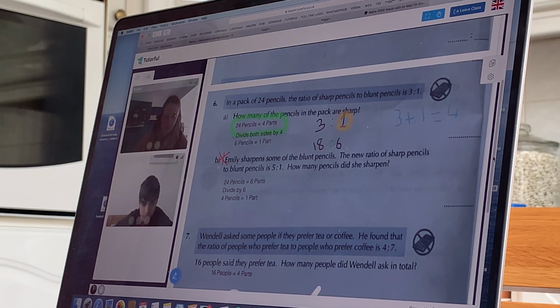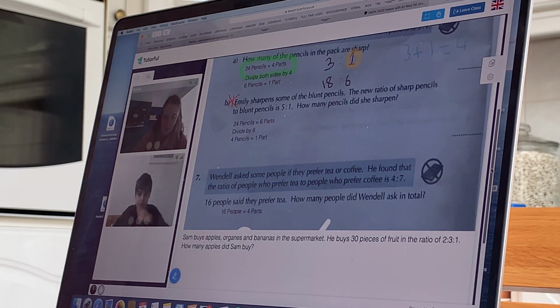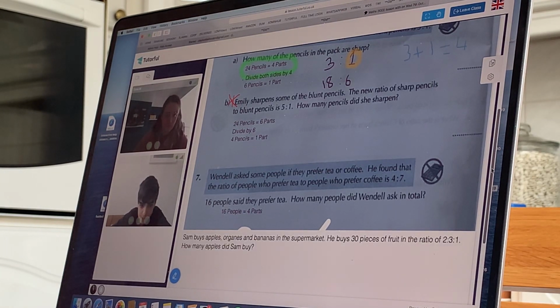Okay, so this is the question. Sam buys apples, oranges, and bananas. In the supermarket, he buys 30 pieces of fruit in the ratio of 2 to 3 to 1. How many apples did Sam buy? Okay, so